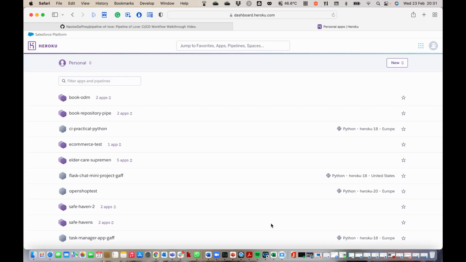And what we're going to do is we're going to start off by creating a pipeline. We have under new here, I can either create an app or a pipeline. Now, why am I creating a pipeline? Well, I'm creating a pipeline because I want to make sure that we separate the application that we have or